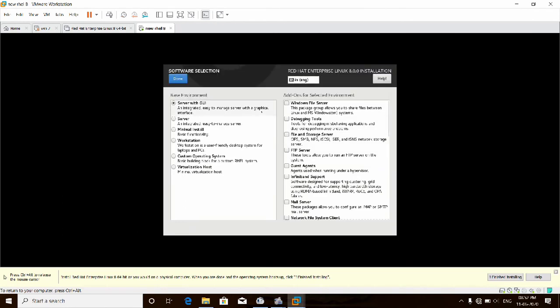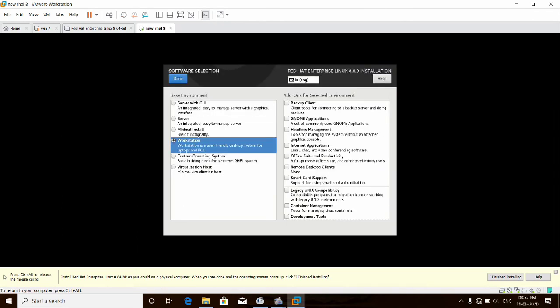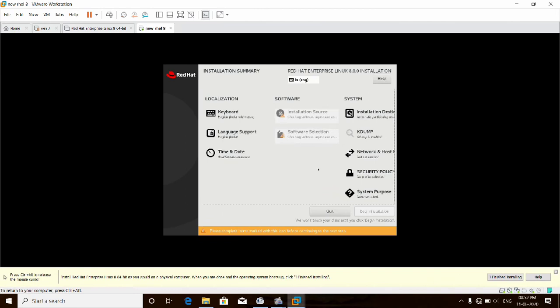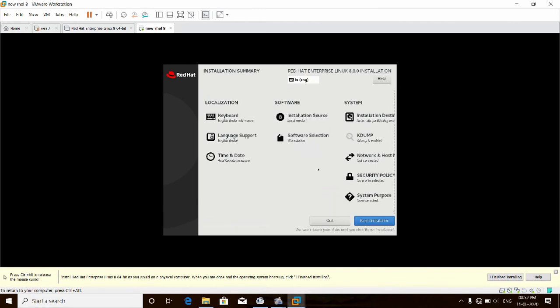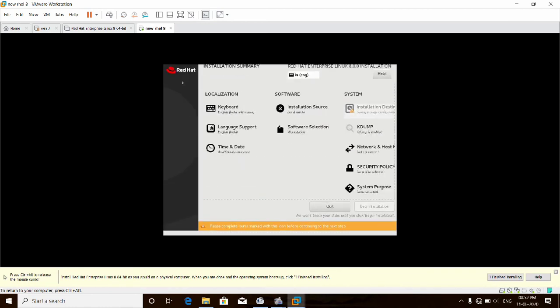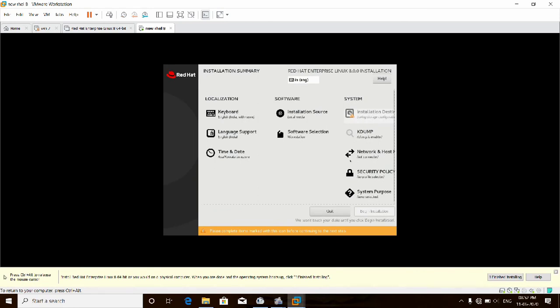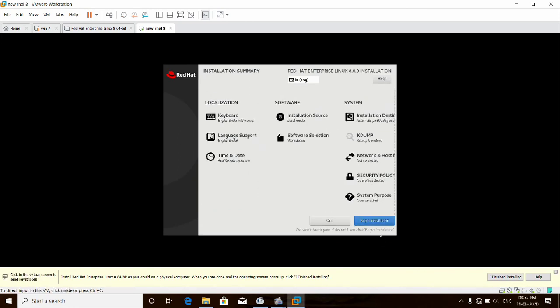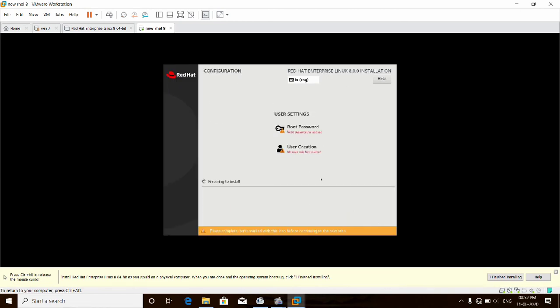One more thing, you have to choose it as a workstation, because if you are using a workstation, it will be good. Whatever processes or practicals you want to do will be done. From here you can also choose custom, but I think custom will take a lot of time, and automatic is better, so I am choosing this one. Now click on begin installation.